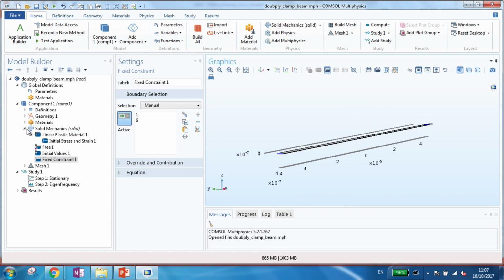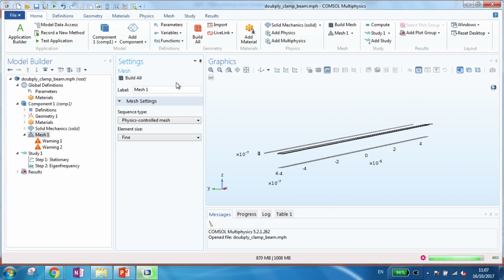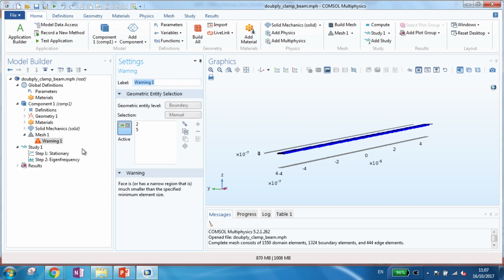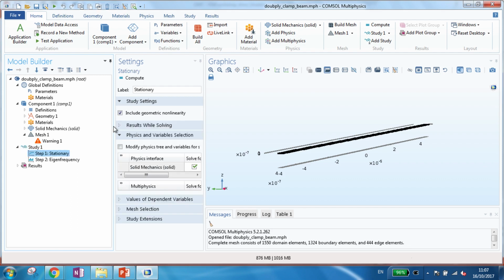So what is the study? One stationary. Here, this is very important to click on this, basically include geometrical nonlinearities. The same for the eigenmode solver. And then we choose to simulate the first 6 around 0 DC. Okay, so let's simulate that, and then what I want to show you is mostly how to extract some